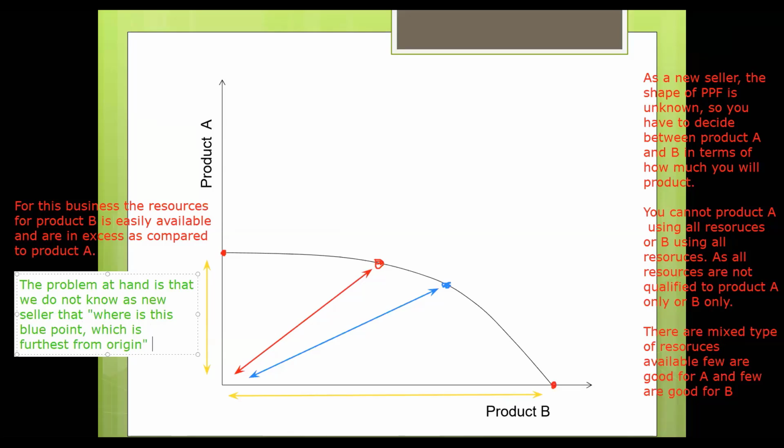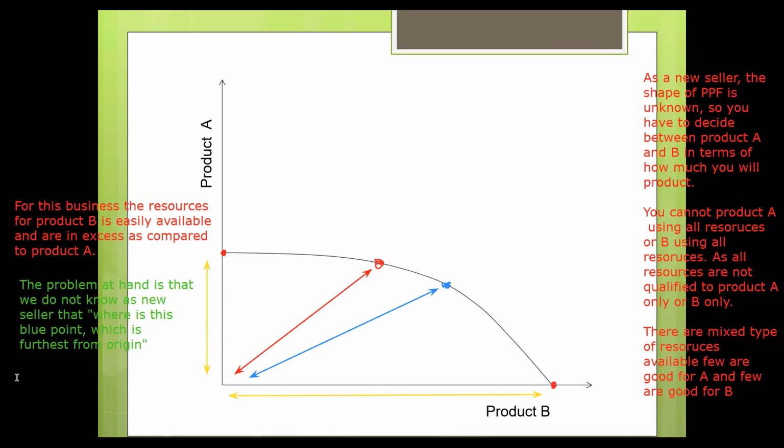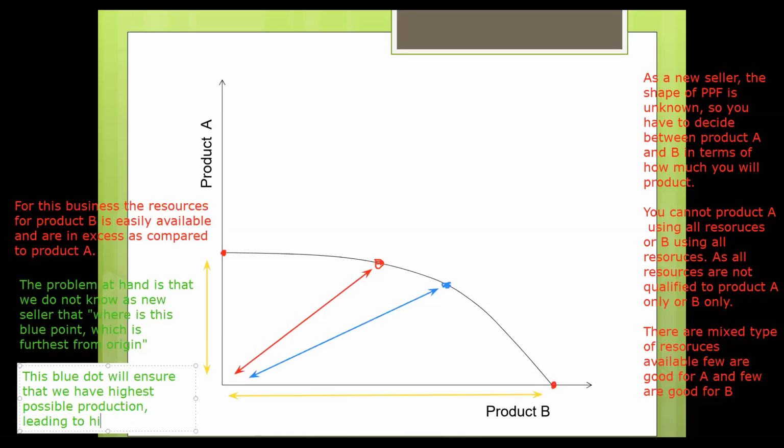So we need to find this point. What will be the advantage of this point? This blue dot will ensure that we have the highest possible production, leading to the highest possible income